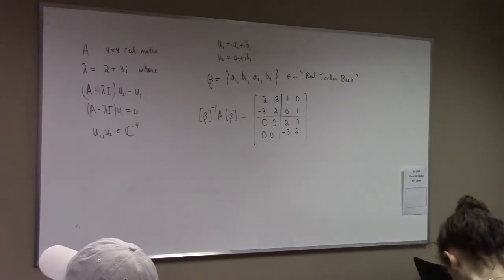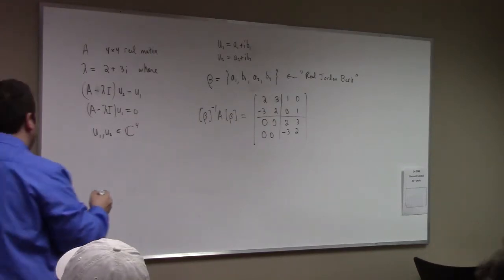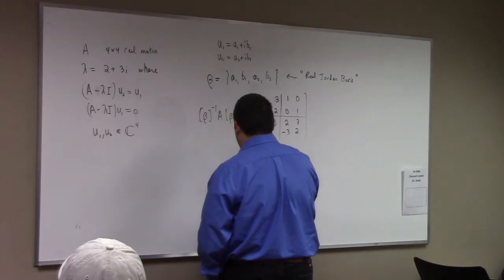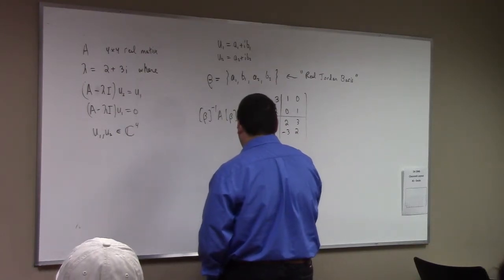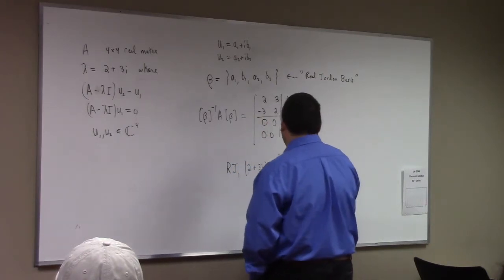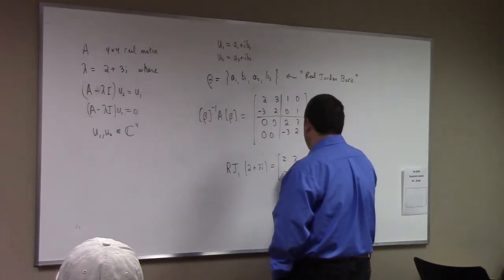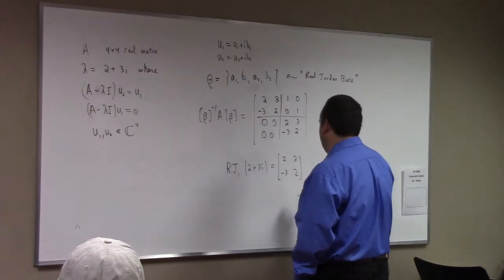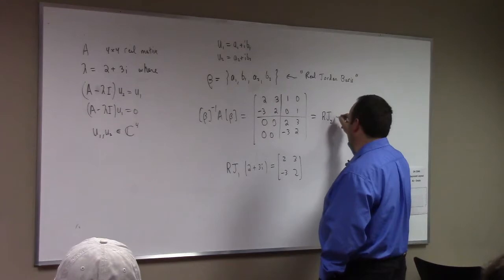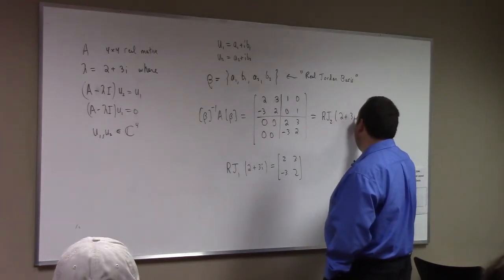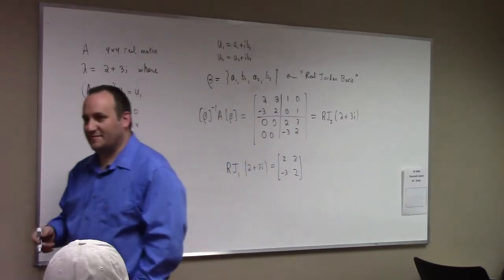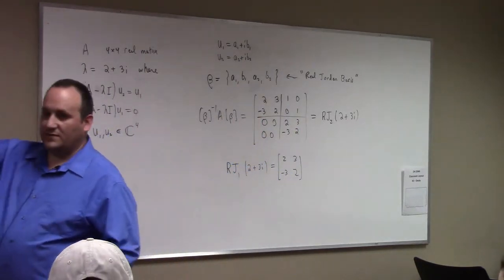I think in the help session I invented some notation for this. Like I said that the real Jordan 1 block of 2 plus 3i is, and then I said we could call this the real Jordan 2 block. Is this my notation, guys? I made it up one day and haven't used it since. I do have a standard notation for these, right?